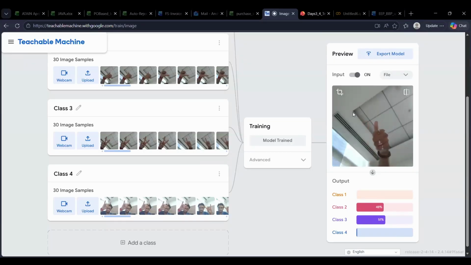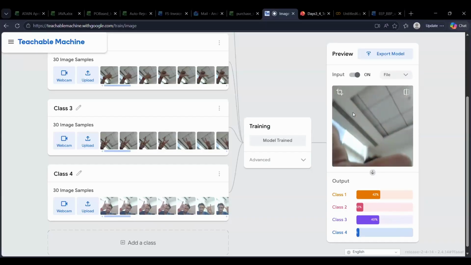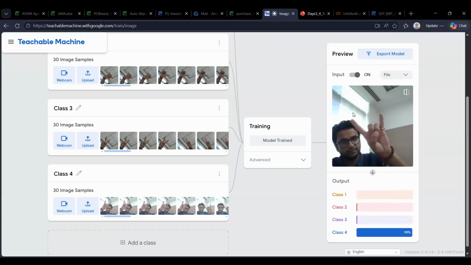Still not good at it because the images might be confusing. But if I just draw a palm or something that's pretty clear, I think it can classify it more accurately, right? If I do this, it's not showing class 4, it should do this.